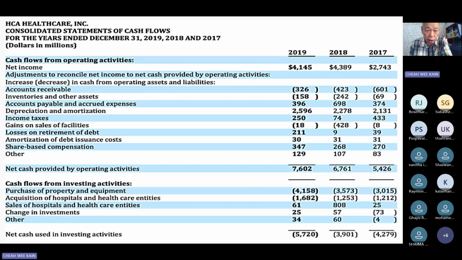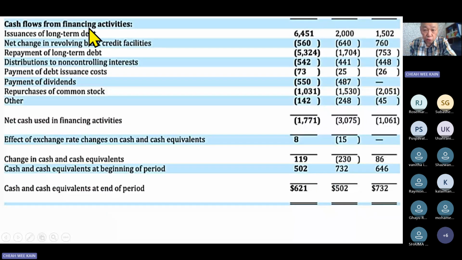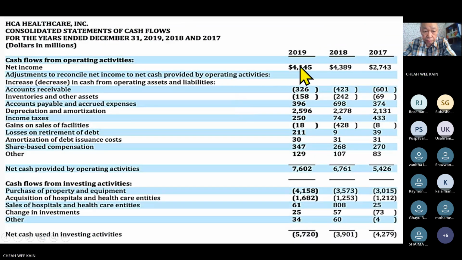The next statement. Now, again, this is a cash flow statement. So cash flow from operating activities. So these are the first category, cash flow from investing and cash flow from financing. So we break the cash flow into three. The first one is the net income. Then minus all this increase in tax, changing of the balance sheet items. This year compared with last year will affect your cash flow. And then you may have bought something, land or building or whatever it is.